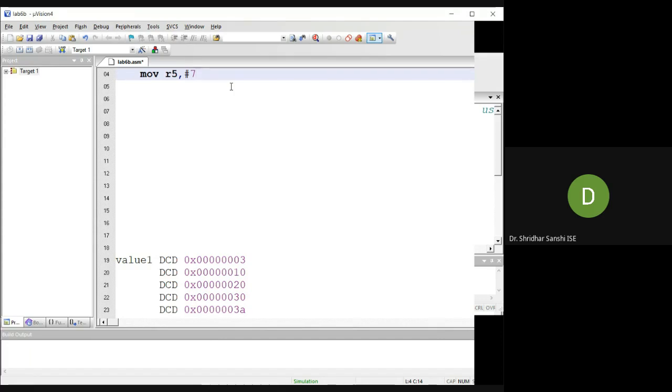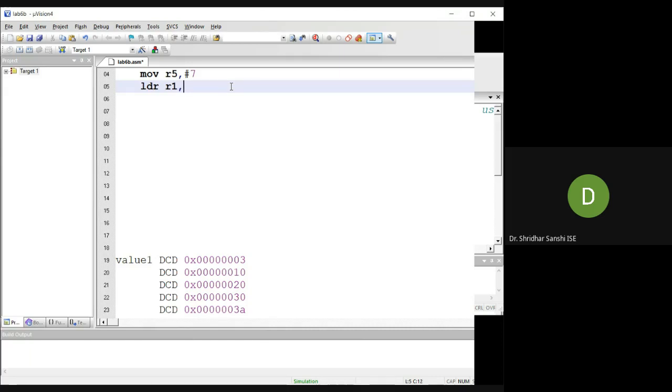And next, how to take the first value? So I will use LDR, this is for value store. So value 1. I need to take the address, right? So the first address of the array I need to take. For that I will take register R1, and I will store the address into R1.